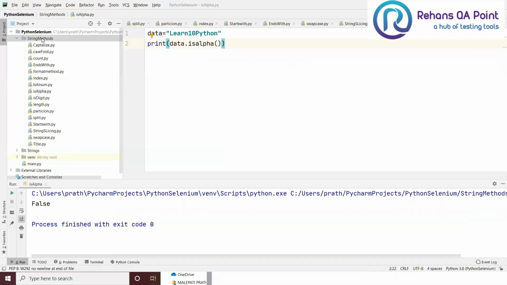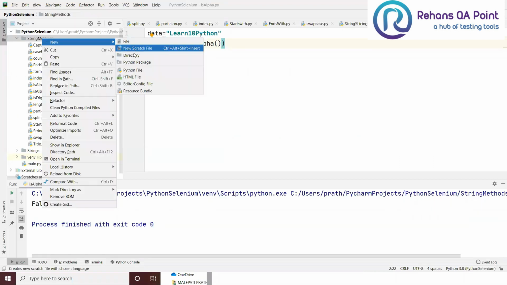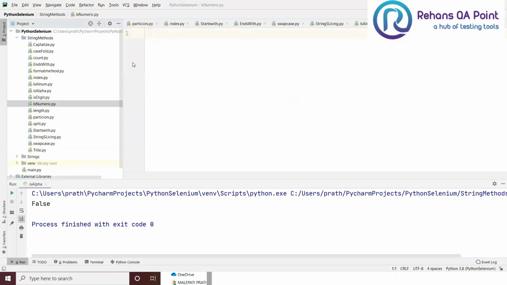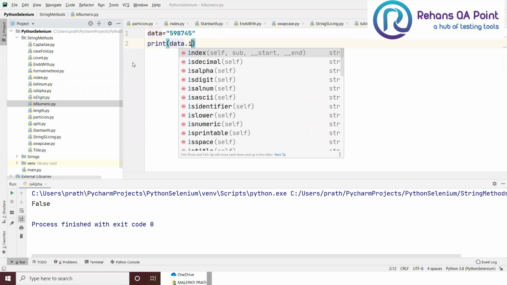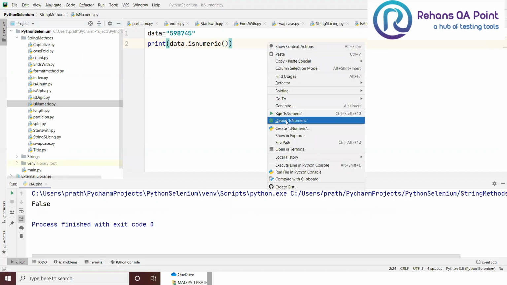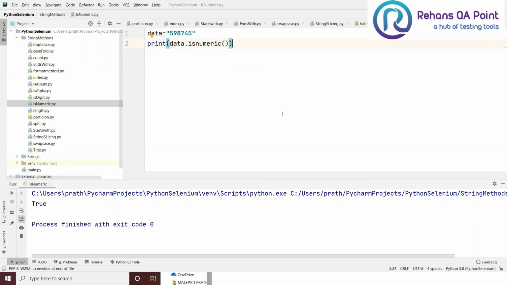So now let us check the isnumeric method and its implementation. I'm going to use my data is equal to 59875. So print data.isnumeric. It is a pure numeric.